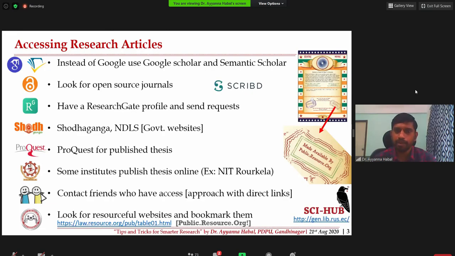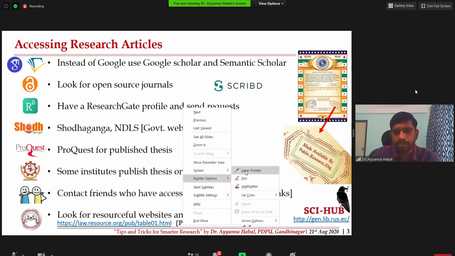Always, whenever we need something, we simply Google it. In a Google search engine, we type it to get the information. But instead of searching just in a plain Google platform, try to search in Google Scholar or Semantic Scholar. These search engines are more based on scholar materials. When you search, relevant results will be shown, and you can access more scholar material instead of unwanted results, where some keywords may be related to other information but not linked with scholar material. So it is highly recommended to use these search engines.